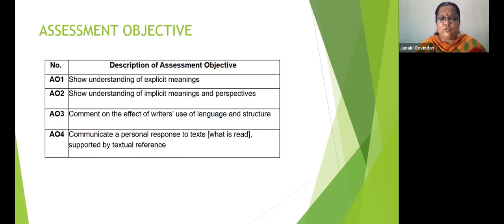And finally, AO4, the highest level of Bloom's taxonomy, which is nothing but creation. Communicate a personal response to text supported by textual reference. I test my students whether they are able to give a personal response to the text. For example, in the same lesson, I can pose a question to the students. Do you think Dr. Heriot was professional by hiding the kind of treatment he gave to